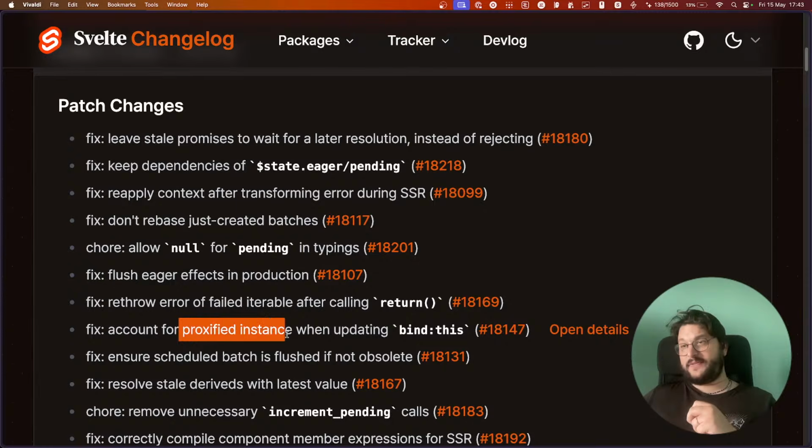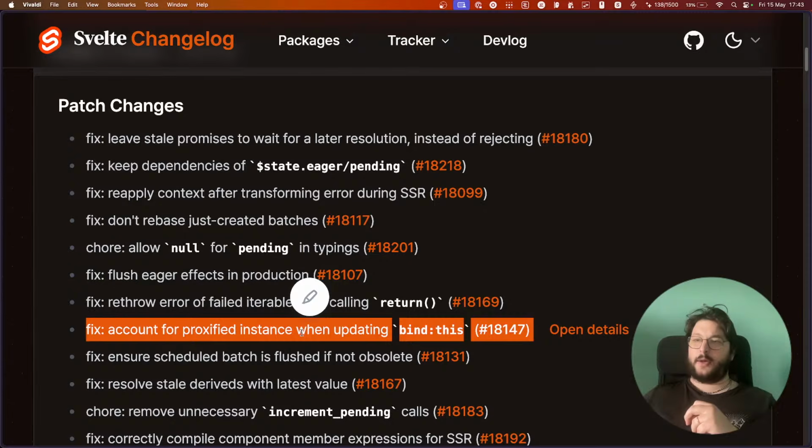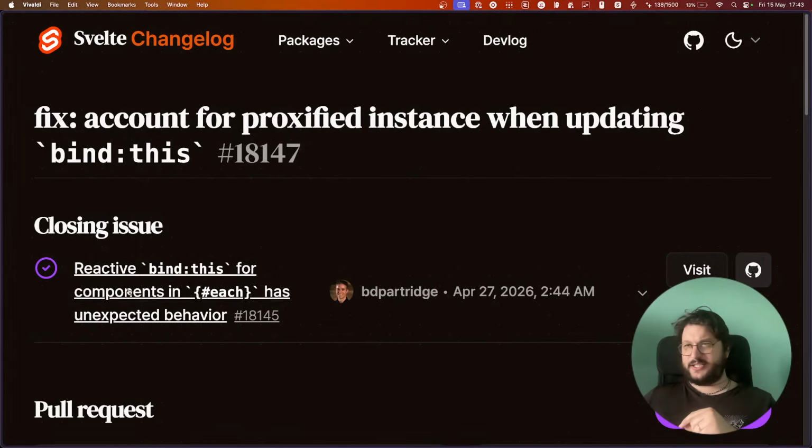Account for proxified instance when updating bind Ds. This was a bug. If you were assigning to bind Ds, and it was, let me see the issue. Yeah, exactly. Reactive bind Ds for components in each has unexpected behavior.